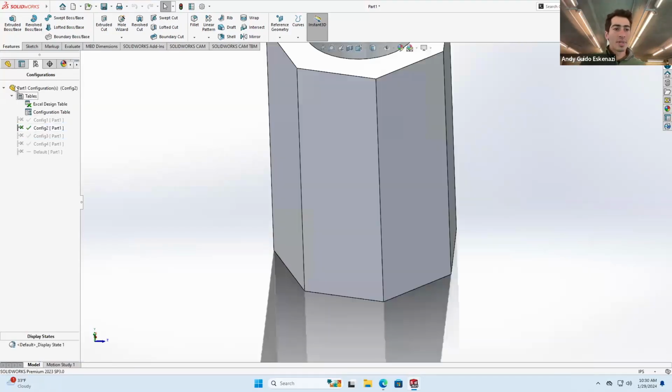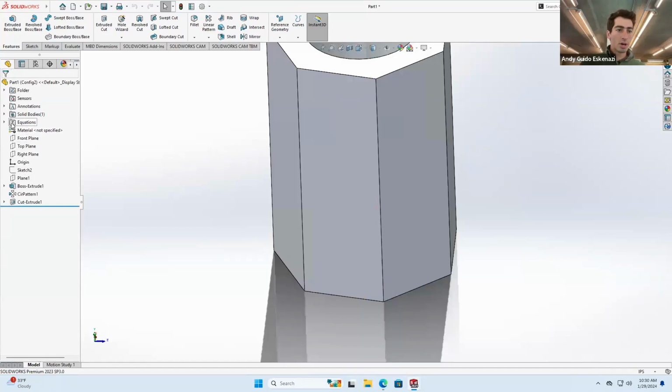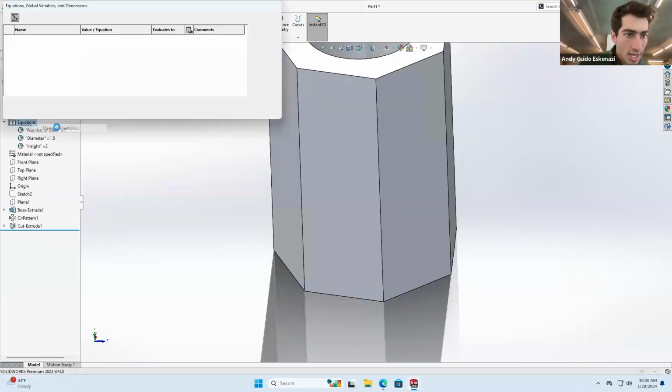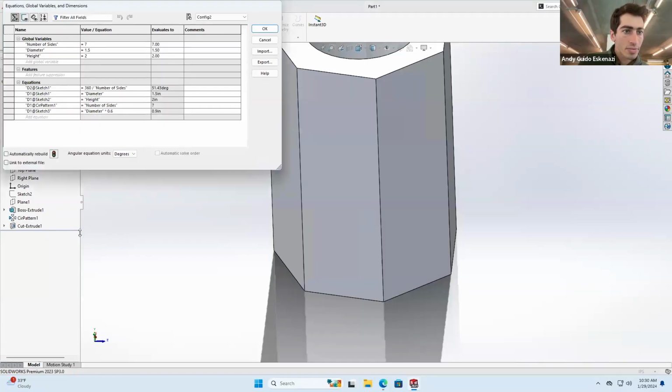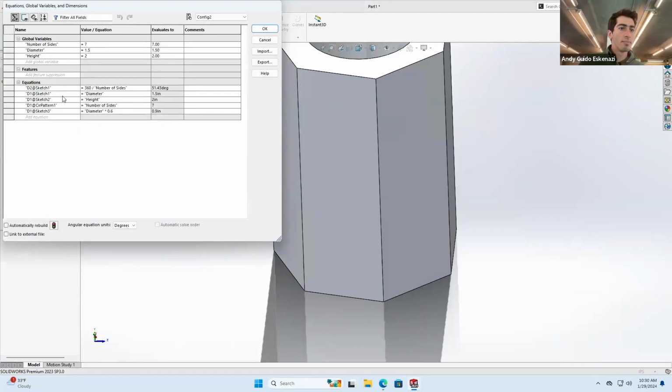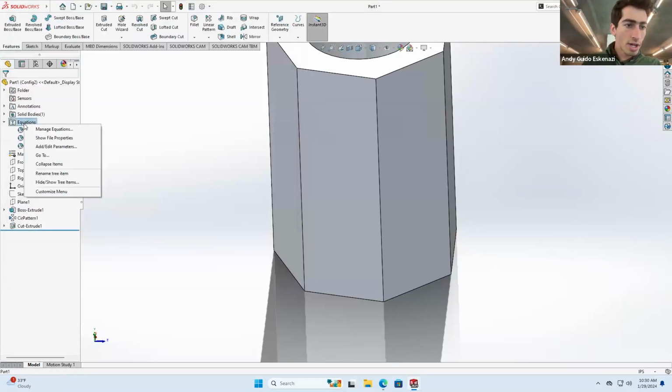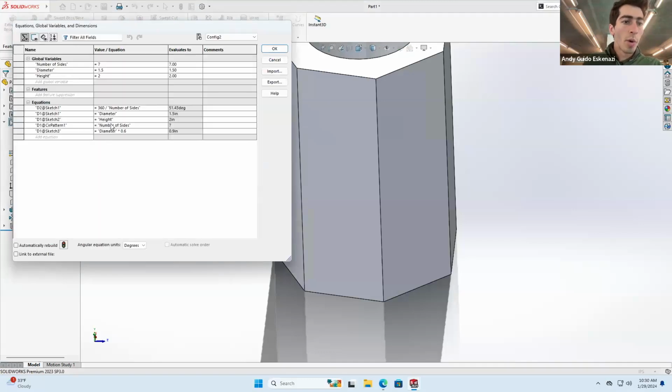And that's why, when you go back to here, by clicking manage equations, right? You can see I've used it in my case in 5 different cases, right? So again, to do this, I clicked in equations, manage equations, and you can see where I'm using it. So SolidWorks is already smart enough to know how we are using these different variables. So then the only thing that I want to change is